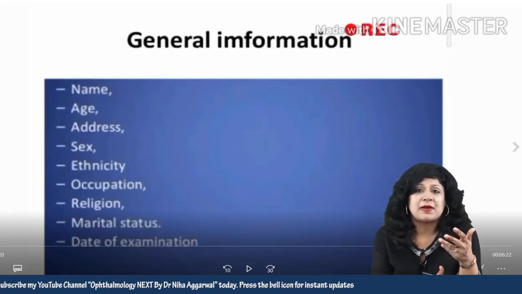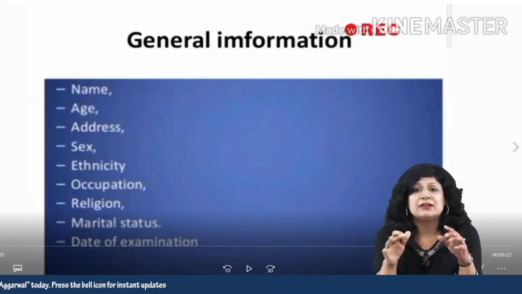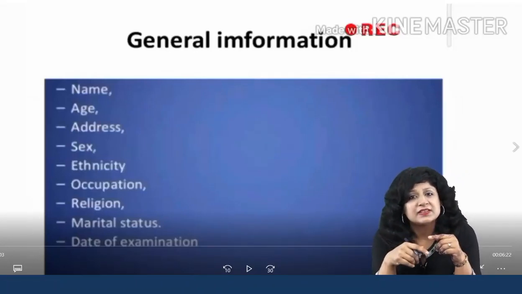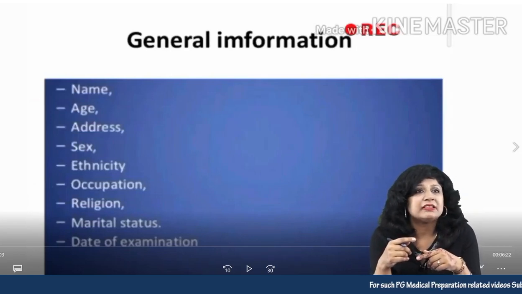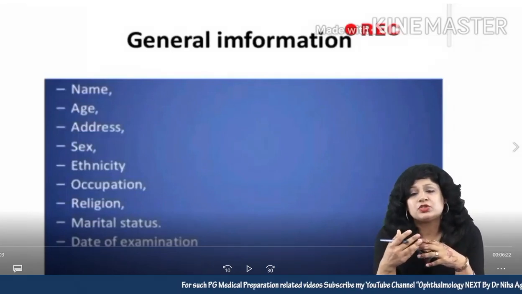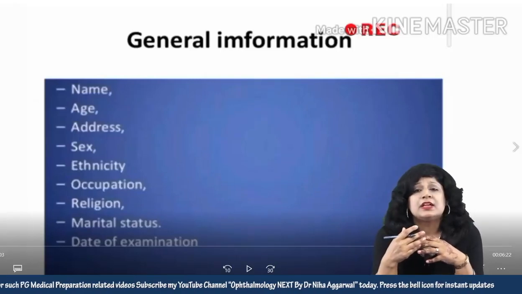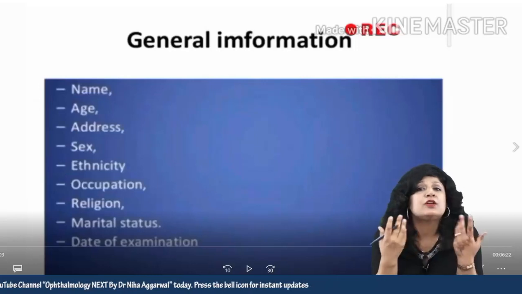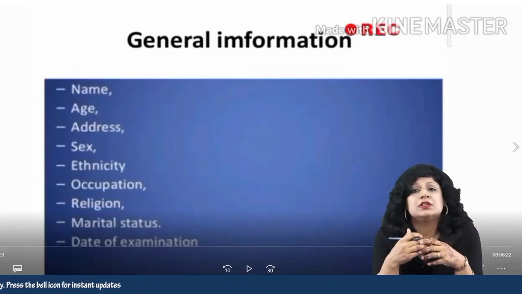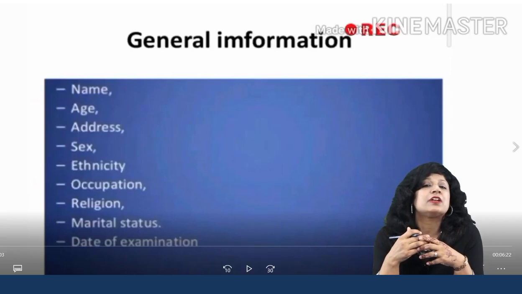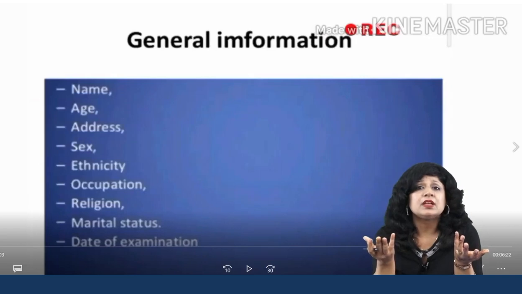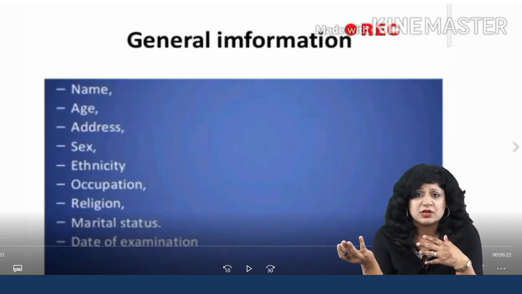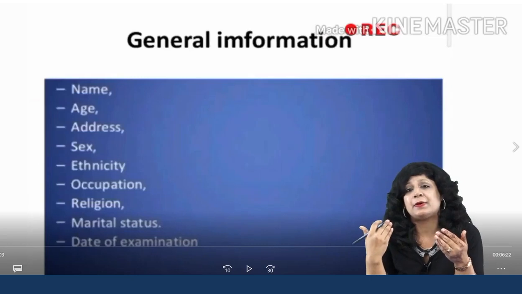You have to develop a rapport, and once you have introduced yourself, then start asking the patient's name, age, and address. It's also good to talk to the patient in the local language. When you talk in the local language, it's always easier to gain the confidence of the patient. We cannot be very familiar with the patient when we talk in the official language, which for us is typically English. We may be discussing the case amongst ourselves in English.